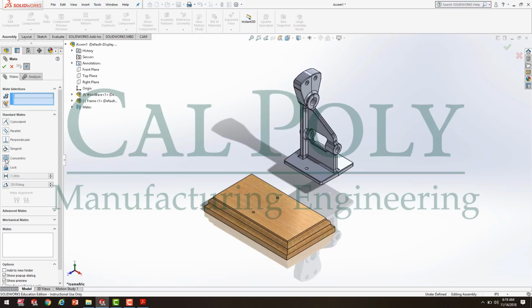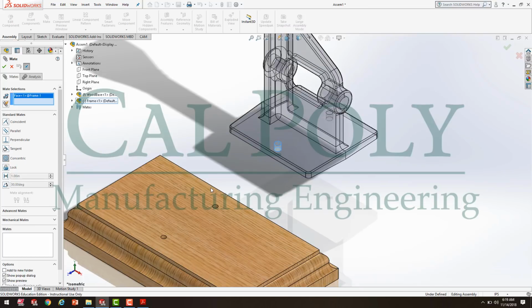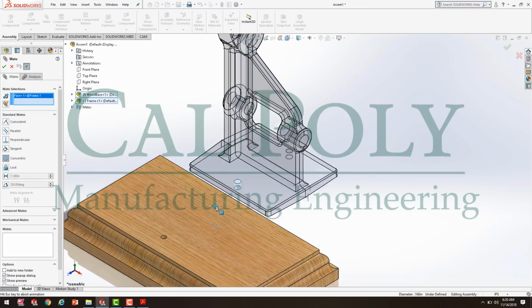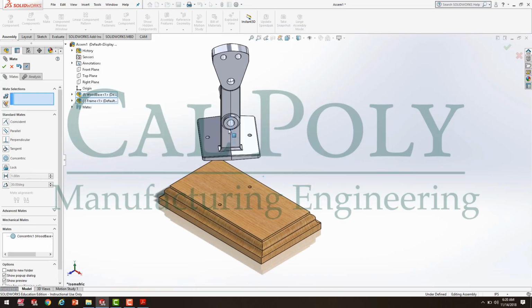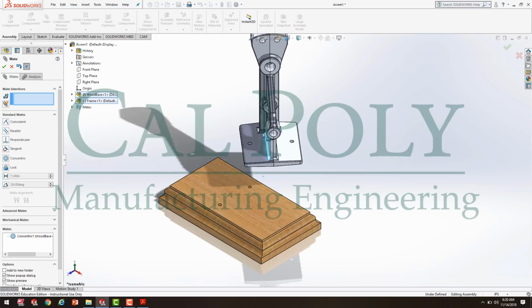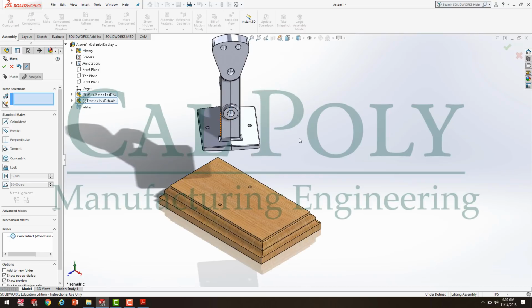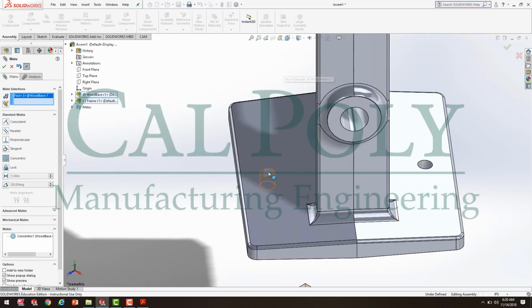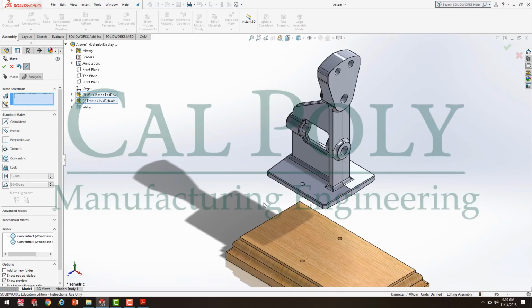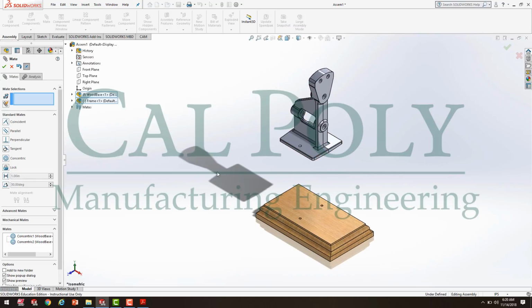We'll select concentric mate, and we'll mate the cylinder here with the cylinder right there, concentric. When I hit check mark, and I grab my part, notice I've constrained 4 degrees of freedom. All I can do now is move up and down linearly or rotate. So to constrain another degree of freedom, I'm going to select concentric. I'm going to line up that cylinder with that cylinder. When I hit check mark, notice I've constrained 5 degrees of freedom